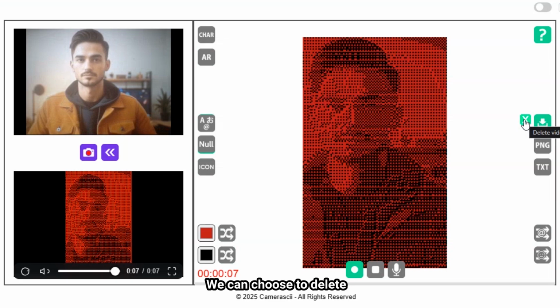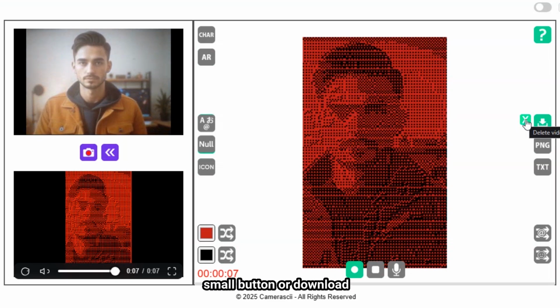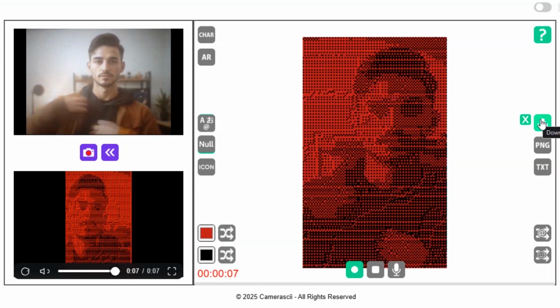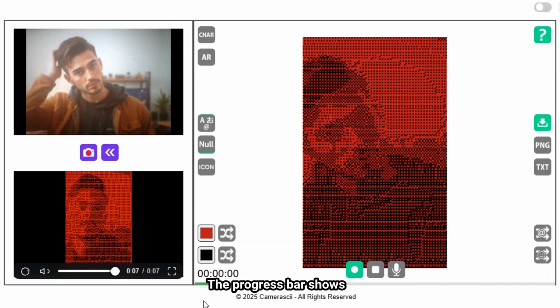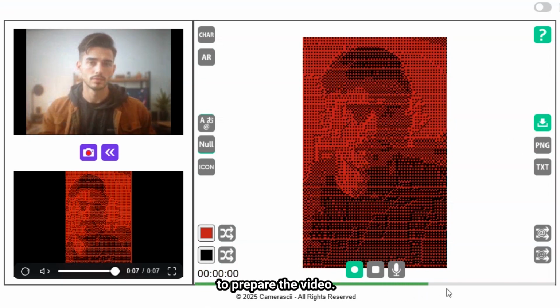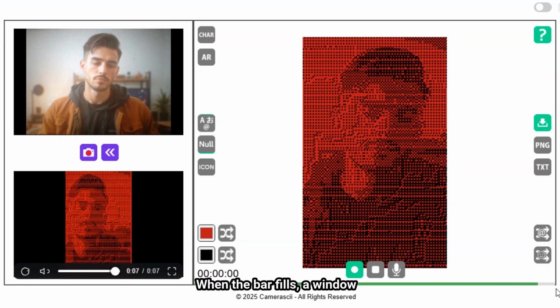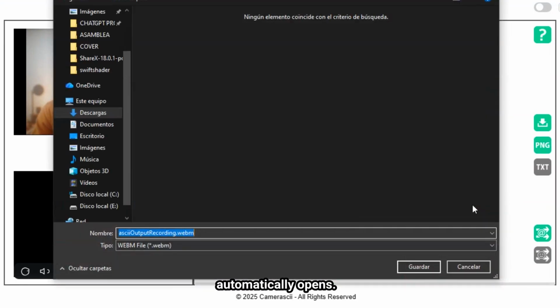We can choose to delete the recent video with the small button or download the video directly. First, I will use the Download button. The progress bar shows the estimated time to prepare the video. When the bar fills, a window automatically opens to choose where to save it. I press Save.